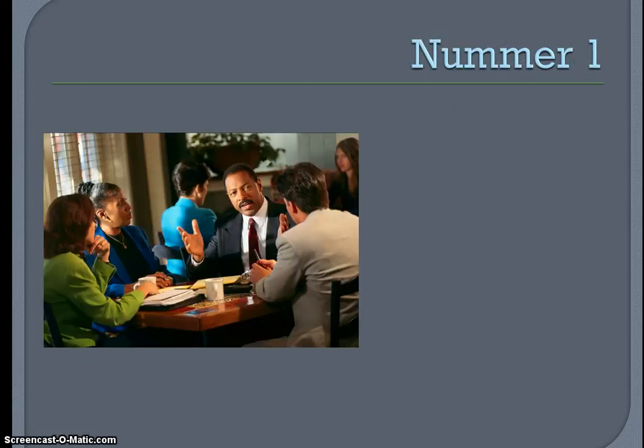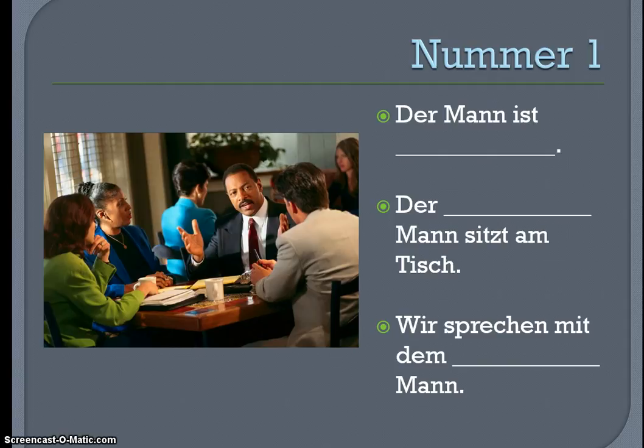Wir machen noch ein Beispiel. Here we start with der Mann ist. Wir sagen, der Mann ist klug. Sentence number 2: Der Mann sitzt am Tisch. First I have to decide what the subject of the sentence is. The man sits at the table. Man is the subject because he is doing the sitting. Therefore, it's the nominative case. Now I need to decide if man is masculine, feminine, or neuter. I can look at my article for a hint if I don't know. It says der, and der only shows up in the nominative case with a masculine word. So my ending will be an E. So I'll have der kluge Mann sitzt am Tisch.